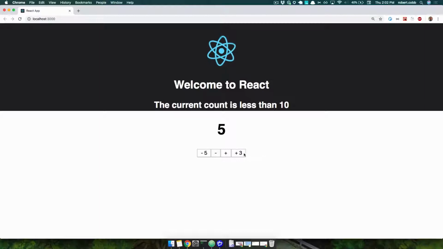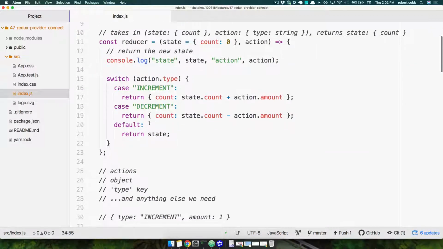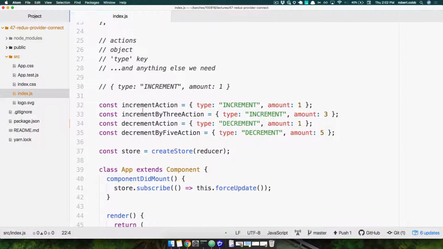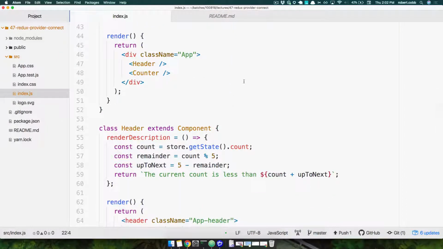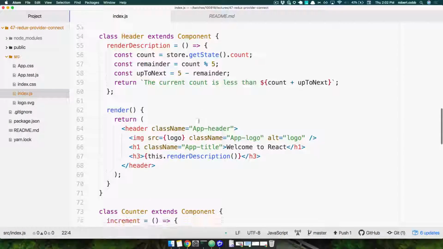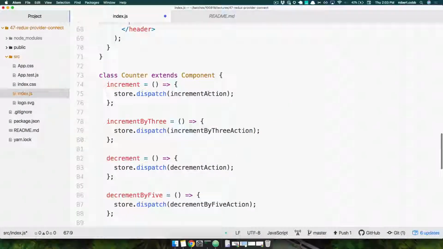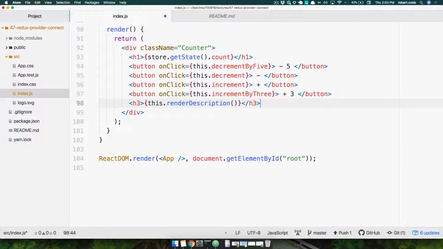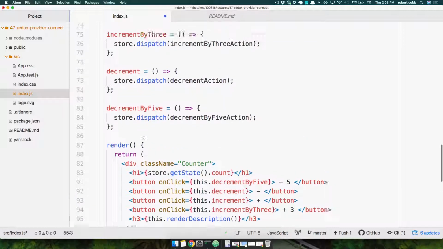All of them. Thank you. This morning when we left off, we had a working version of this little single-page app that was using Redux. We had written our first reducer. We were dispatching these actions, increment and decrement, and it was good. We can move our little pieces of our application around without having to refactor everywhere where we kept the state. So if we wanted to move this description from the header into the counter again, back to where it was when we started this whole mess, we could just move these render description lines,